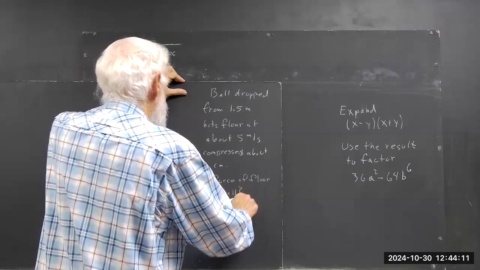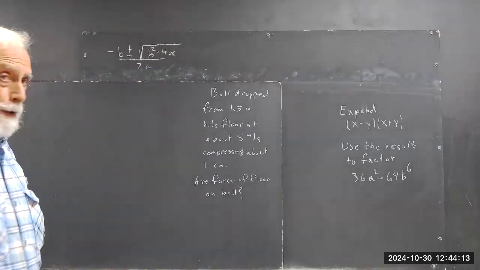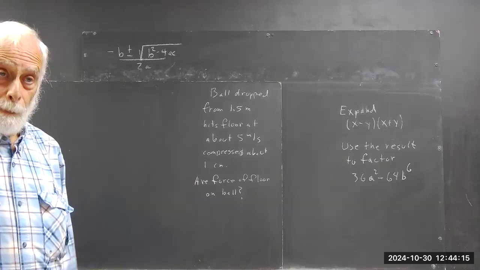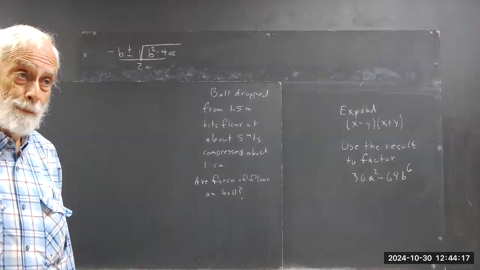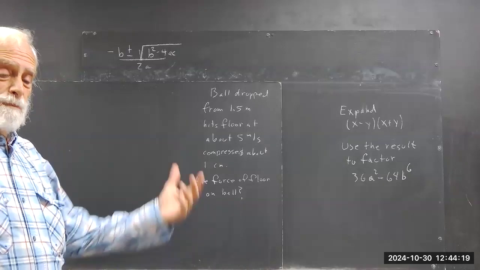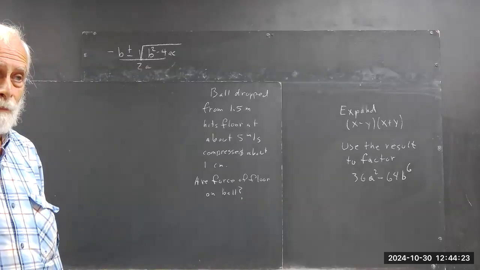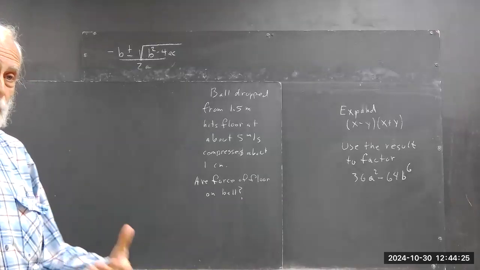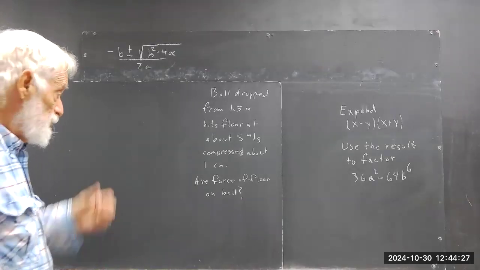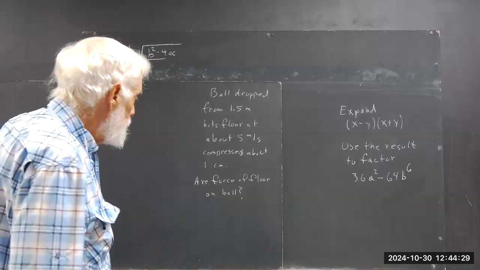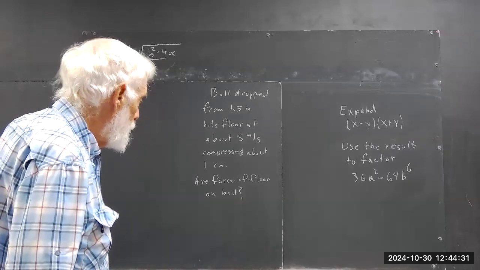So we want to know what the average force of the floor on the ball is because the ball then bounced up. Not only bounced up, I would guess about 60 or 70 centimeters. Lost most of its kinetic energy. We'll talk about that situation. So what's the average force of the floor on the ball? Well,